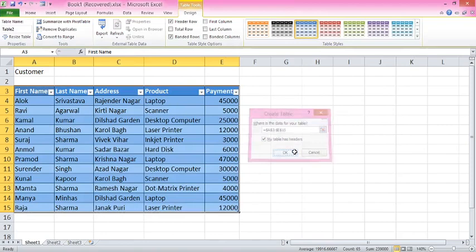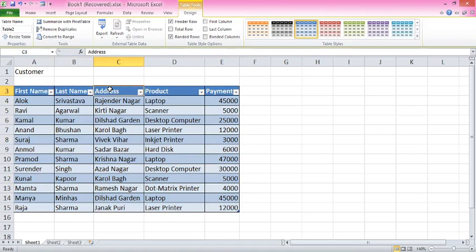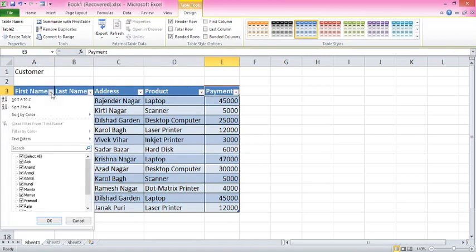Just tap OK, and this is how the database is converted into the tabular form. Now you must notice that along with each field name, there is a drop down arrow coming. This drop down arrow is having features related to sorting and filtering the data.